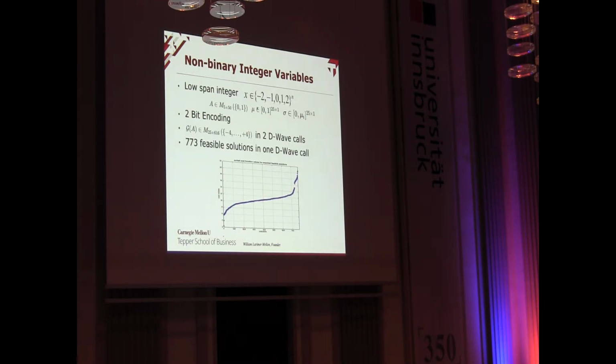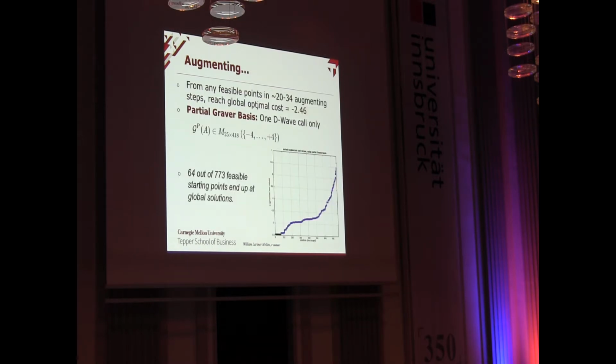This is another case in which the variables are between plus and minus 2, and still we have the same situation, but we have to call the D-Wave 2 or 3 times to find all of the Graver basis. Later on, we found out that we can call D-Wave just once and end up with a partial amount of the Graver basis, and